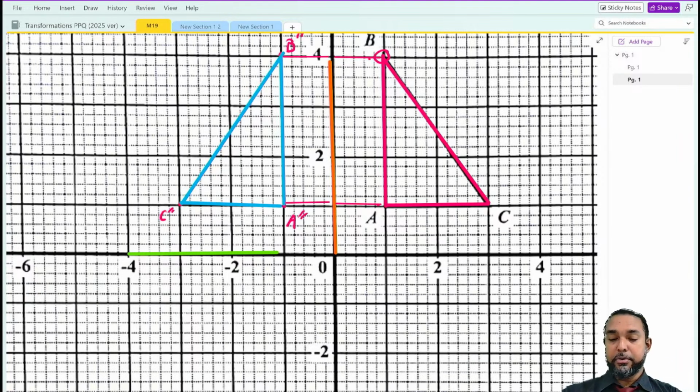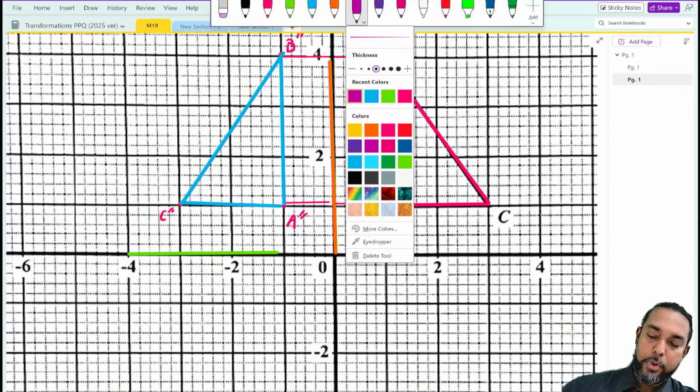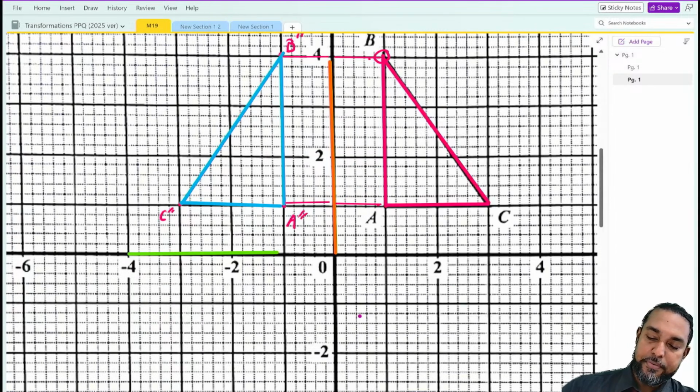All right, so now we're gonna reflect the blue triangle in the green line. So we use the same exact principles, right? What was the principle? When we reflect each point, we have to count how many spaces it is away from the mirror line. So we're going from A to the green. That's 1 perpendicular space away. So its reflection would also be 1 perpendicular space on the opposite side. So let's call that L.